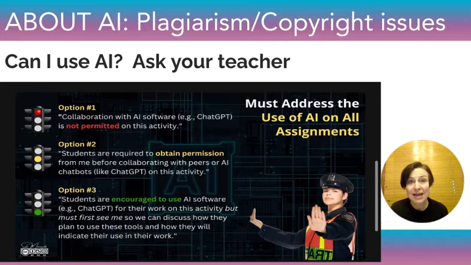And then teachers, sometimes you are going to hopefully be having green light AI lessons, ones where you are asking the students to use AI in certain ways. Maybe it's to generate images, maybe it's to brainstorm, maybe it's to get feedback on their writing, but you are the one who gives suggestions about when and what is appropriate for AI. And then at the end, we need to also teach our students how they will indicate their use of AI, and we are going to look at some ideas for that as well today.